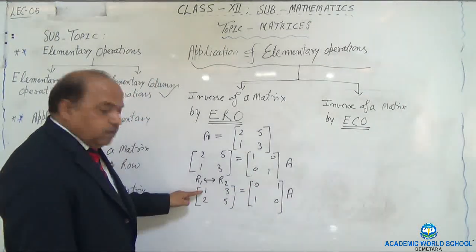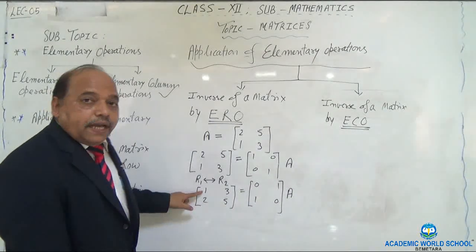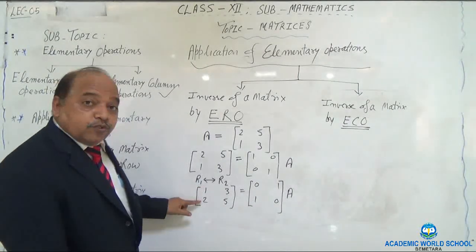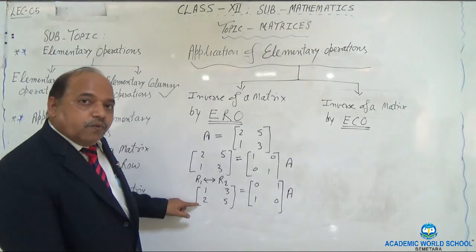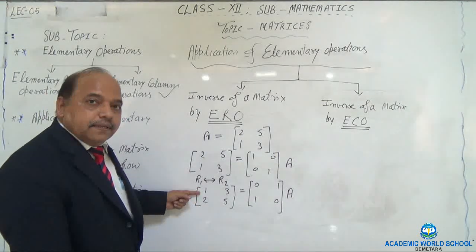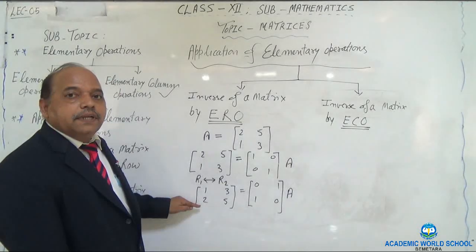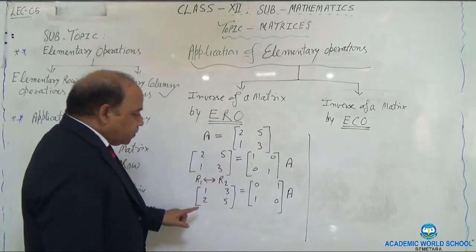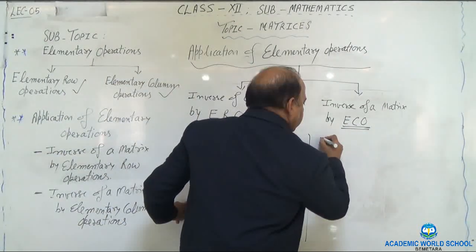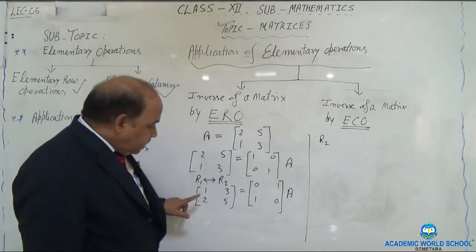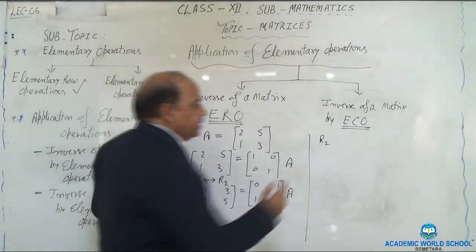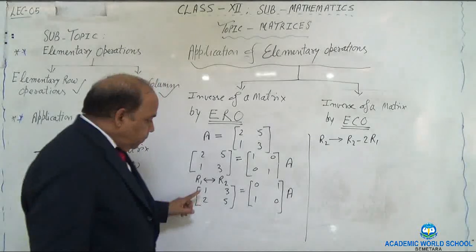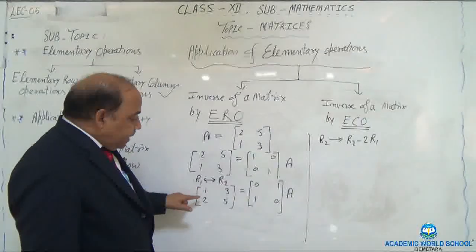Now we came to know this 1. Now to convert into the identity matrix, what is required? Can I say that in the identity matrix, this is 1, it has to be 0? So how to make 0? So what we will do? 2 times of this row we will subtract from this. It will become 0. So let's see that. I am writing this again. So what change are we making? We are making a change in the R2 row, the second row. And what is that change? R2 becomes R2 minus 2 times R1. 2 times of this we are subtracting. So in R2 we are making a change.